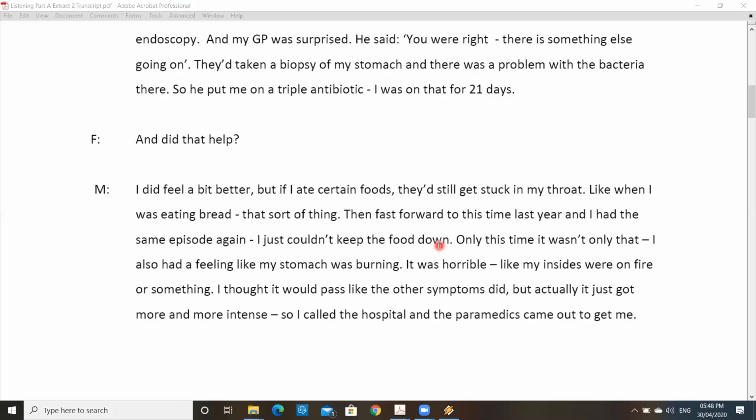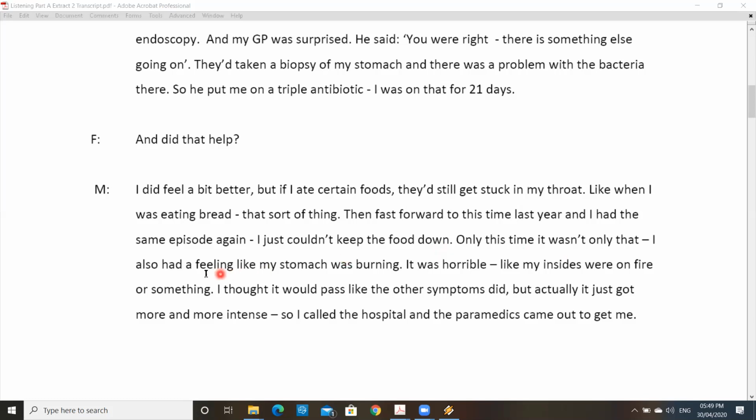So what it means is that they were just not able to eat anything. The moment they ate anything, they used to get vomiting. So this is a typical expression that your patient would use. To be unable to keep the food down doesn't mean that they have any issue with swallowing. Make sure that you are not misinterpreting that. To be unable to keep the food down means that they had vomiting as soon as they ate something.